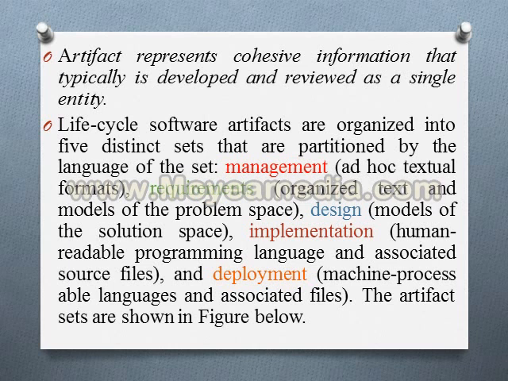Now, to make the development of a complete software system, we are using different collections of information. For that information, we are organizing an artifact set, to make a particular development and a complete software system. We are making a collection of an organized set that is known as an artifact set. Here it is telling about cohesive information, based on which we have a single entity, a set that represents a complete aspect of the system.